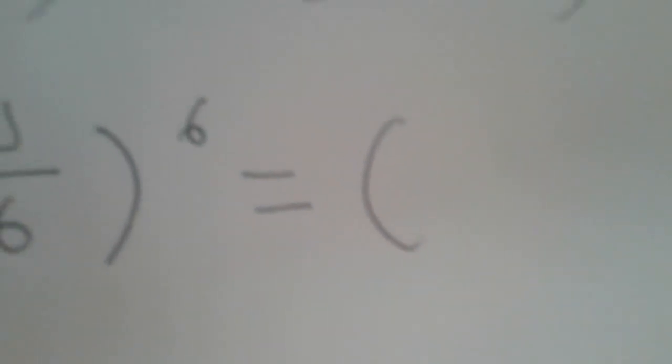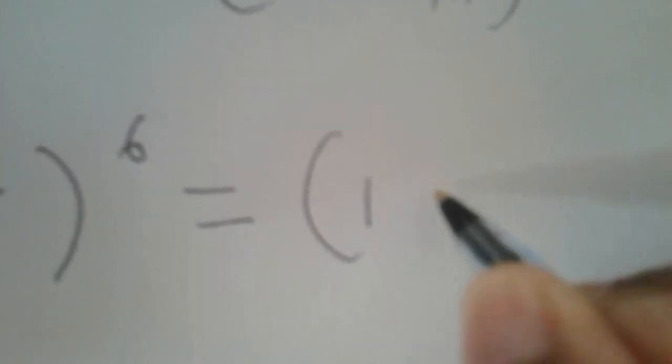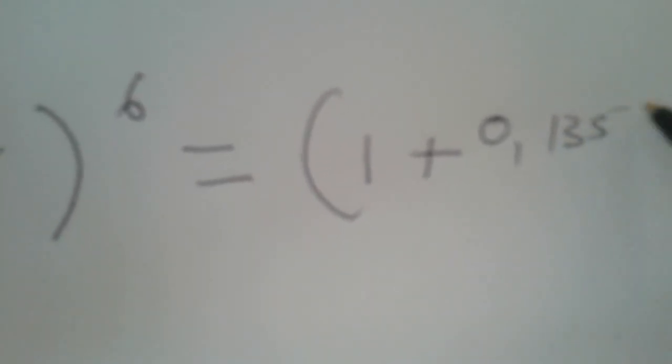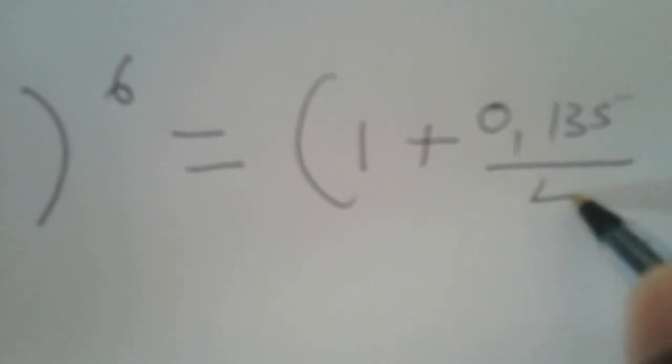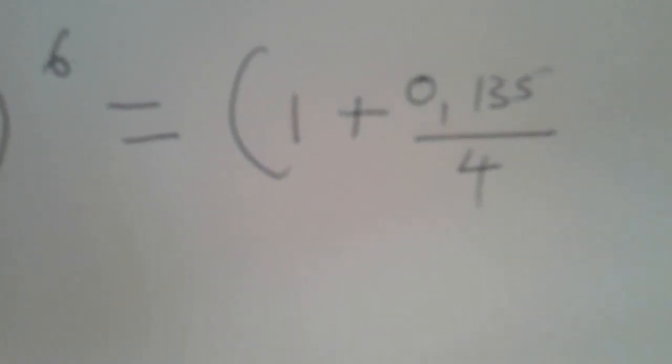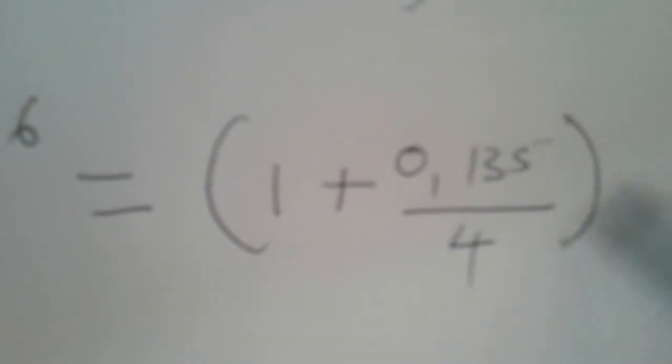So to the power of 6 equals, and on the right side you write what you are given, which is 1 plus 0.135 divided by 4. Why 4? Because it's quarterly, and there are 4 quarters in a year, to the power of